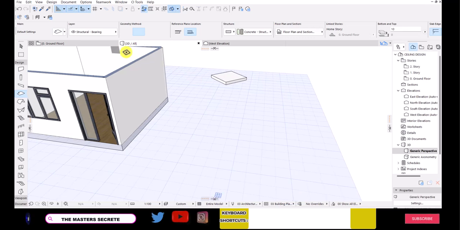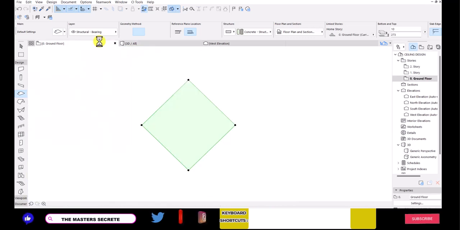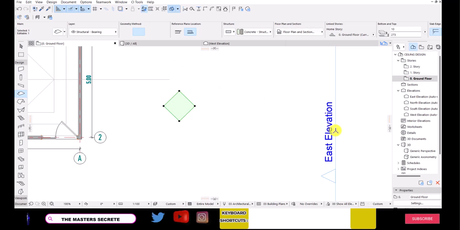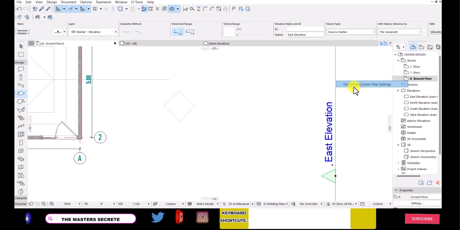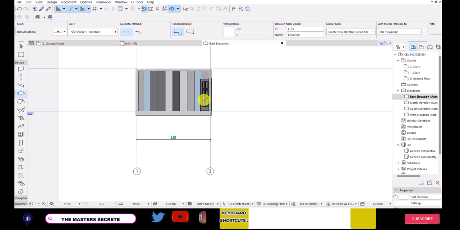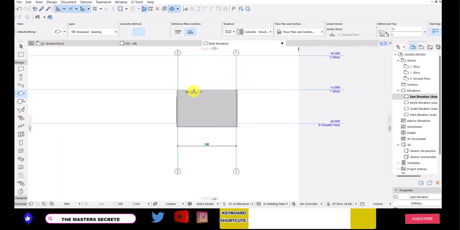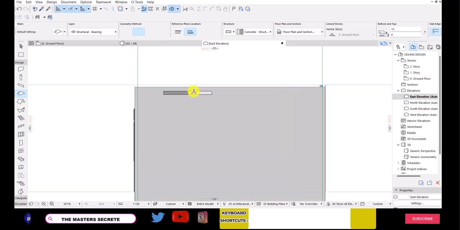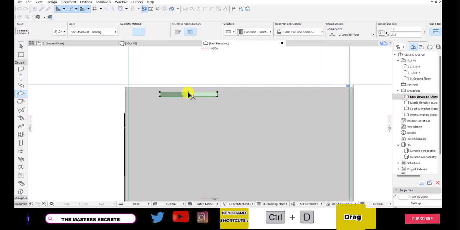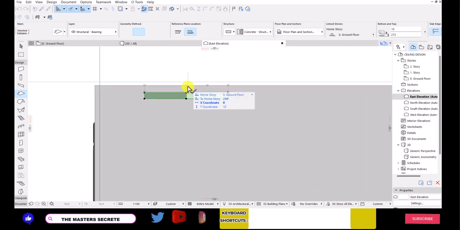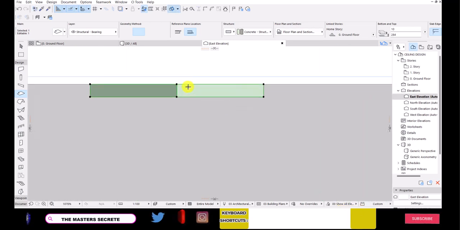So now we are going to go to our floor plan, and we're going to click and open the east elevation, open recurring view settings, and now we are going to view it from this point. And now we have our slab tool. So we are going to drag it all the way up, and now we're going to drag it down to 15 centimeters,